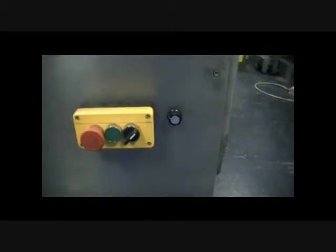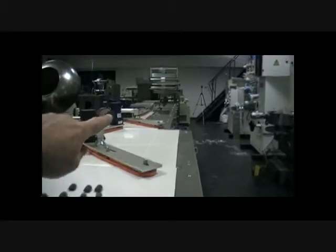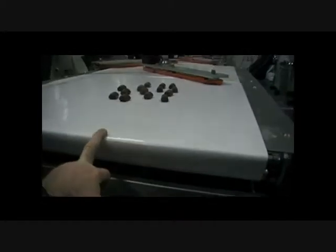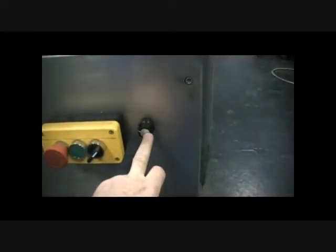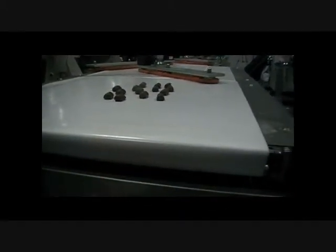We have a control here which is an emergency stop button which can lock in, so always make sure that's out. We have a green button which starts the feeding belts down at the bottom end. We have a latch switch here which starts this conveyor here, and this speed control knob here also controls this first conveyor belt. So if we start the green button,